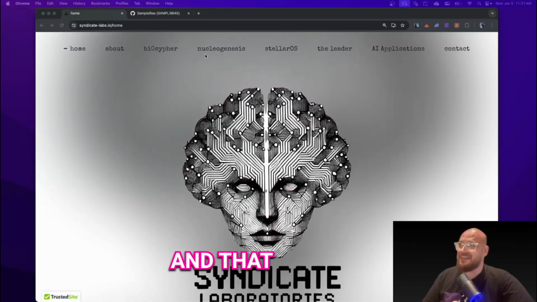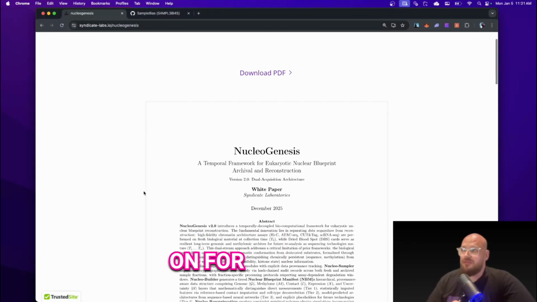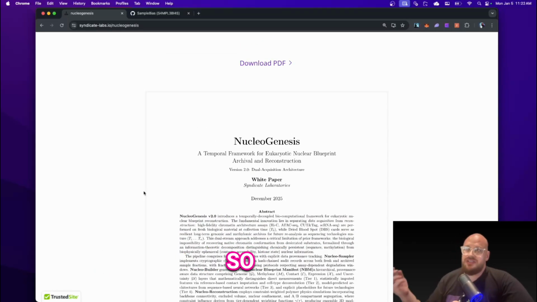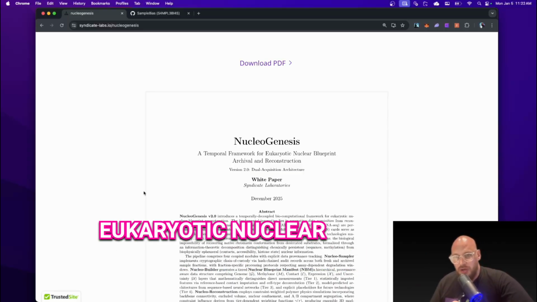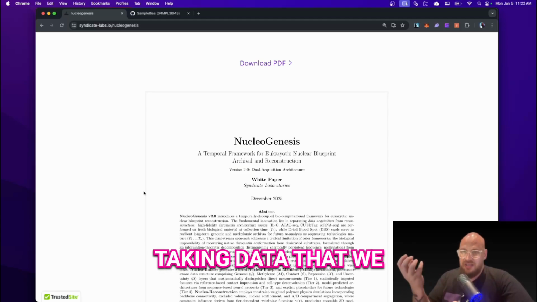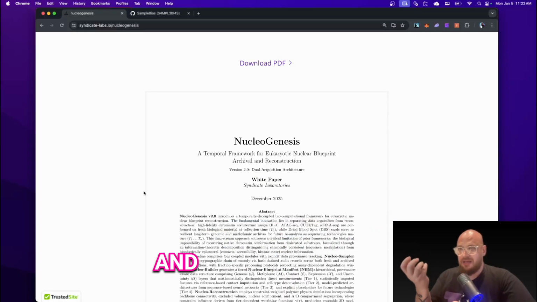All right, this one has been an idea that I've been working on for probably 3 years now, and it's called nucleogenesis. It's a temporal framework for eukaryotic nuclear blueprint archival and reconstruction. Now that's a mouthful. What it means is taking data that we know through testing about a nucleus, and I've